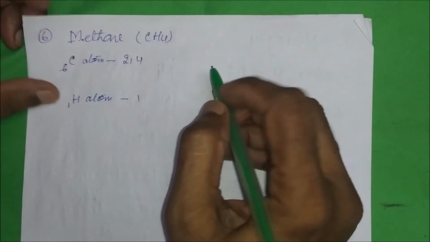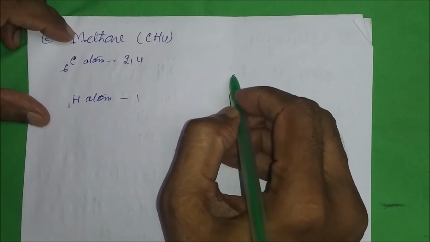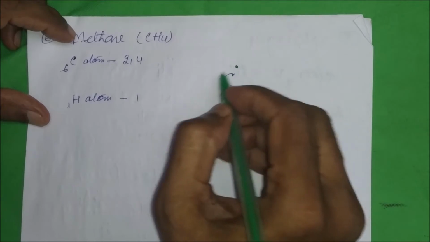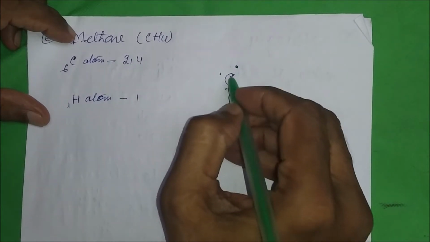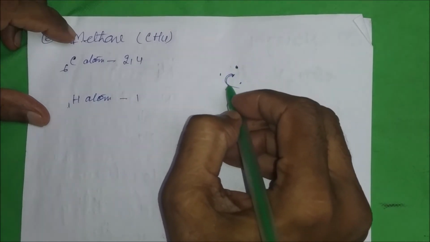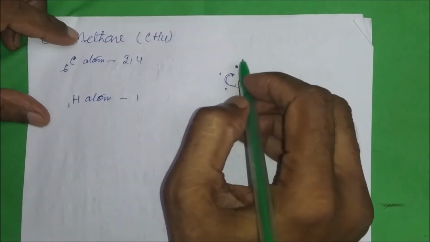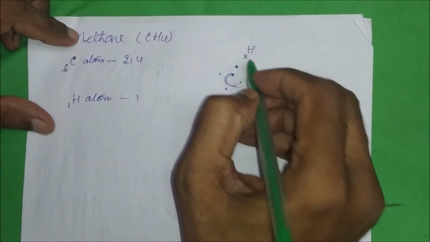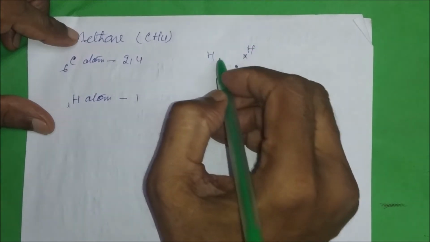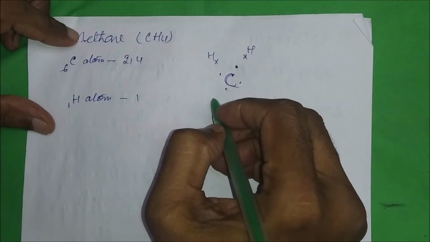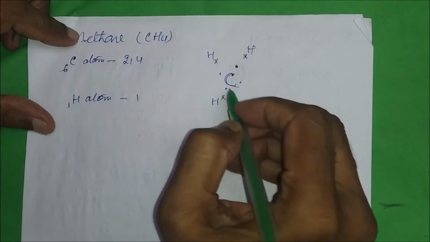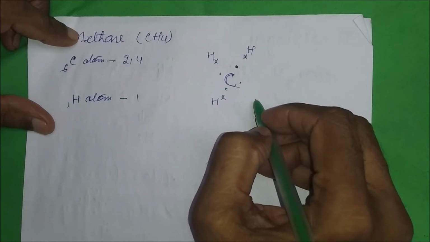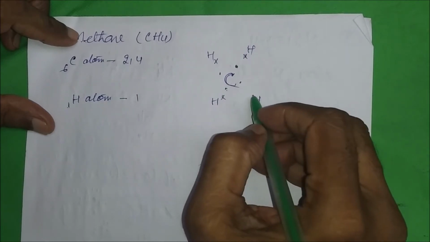1. Now see here. Here the carbon C is there, right? And 4 is there. Suppose 1 here, 1 here, 1 here, and 1 here, right? Now all over the hydrogens are there. So hydrogen, 1 you write here. Again hydrogen, 1 you write here. Again hydrogen, 1 you write here. And again hydrogen, 1.